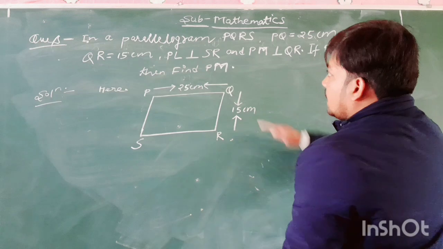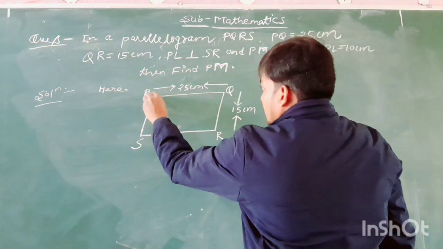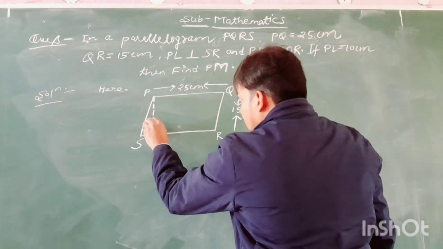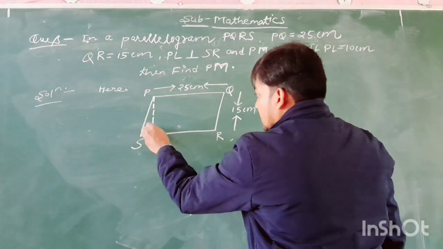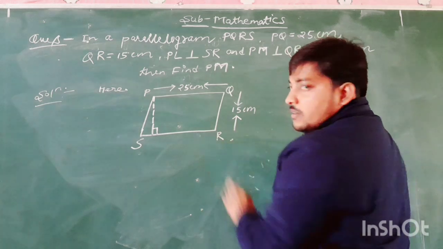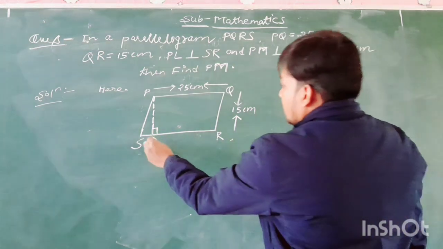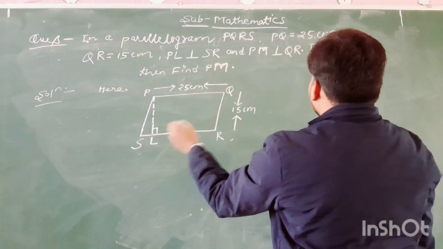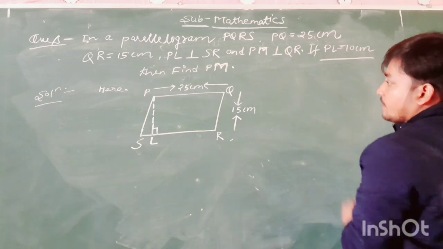and PL is perpendicular to SR. Then we have to draw a perpendicular PL which is perpendicular to SR, which is the height of the given parallelogram PQRS, and the measure of PL which is perpendicular to SR is 10 centimeter. PL is equal to 10 centimeter,